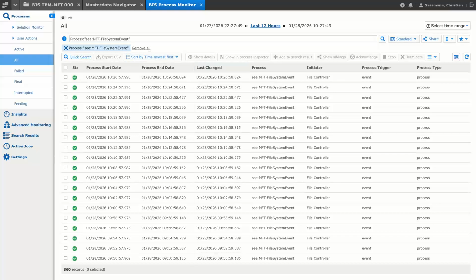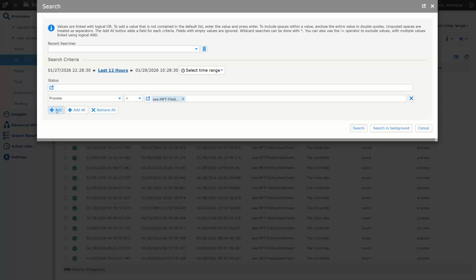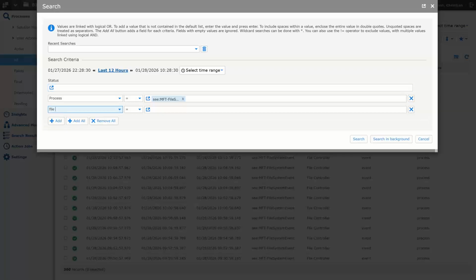So the wizard helps me to create those search filters quickly, and I can also use the little search bar up top here, so that I can remove some of those filters. Specifically for the file size, that was requested a few times. We've added